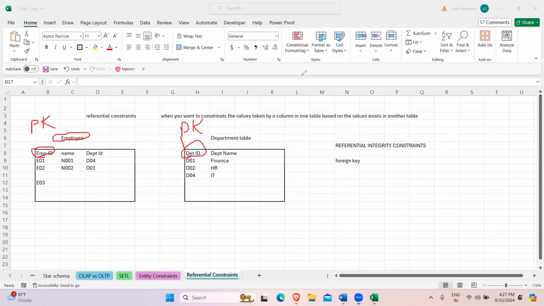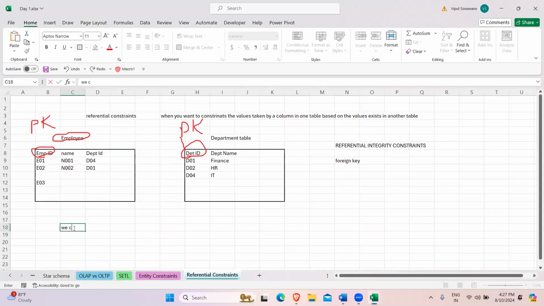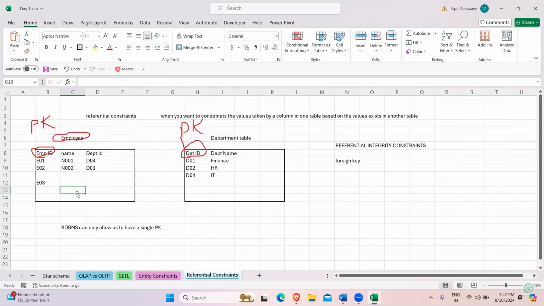And we already have discussed कि RDBMS, Relational Database Management System, can only allow us to have a single primary key. Only one primary key is allowed. एक टेबल के लिए सिर्फ एक ही प्राइमरी की रह सकती है. So once you add the constraint, then when you are using the particular database, the database will give